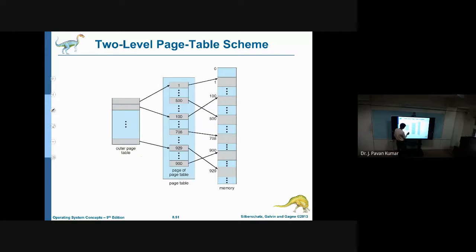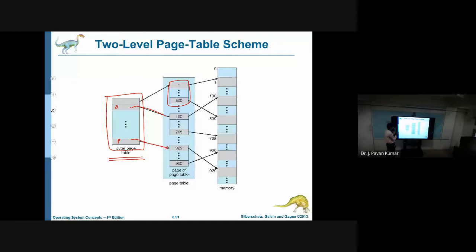Here you can understand, this is the outer page table. Like this we are having several entries, and the index is here. Next, correspondingly we will go to another inner page table, then we can search. Instead of searching the entire page table for all the things, we are maintaining another level, so that we can minimize the overhead. This is called hierarchical page table implementation.